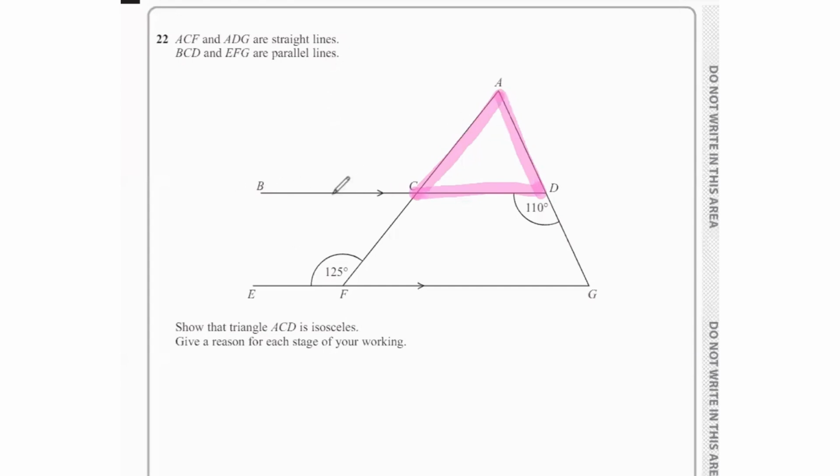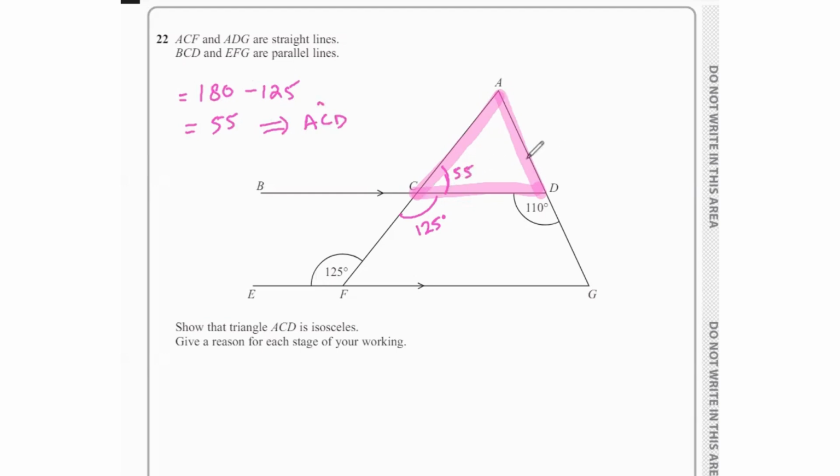we know that BCD and EFG are parallel lines. So if you remember the properties of parallel lines, alternate angles are equal, which means this angle will also be 125. And since ACF is a straight line, this angle and this angle will be supplementary. So if we subtract 125 from 180, that gives us 55. This is your angle APD,